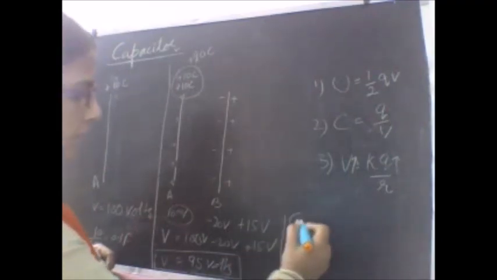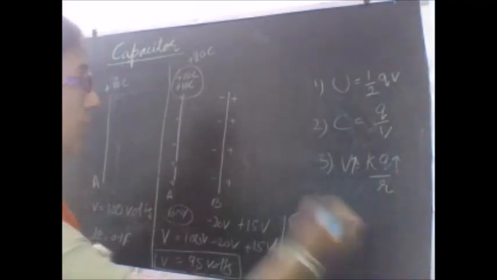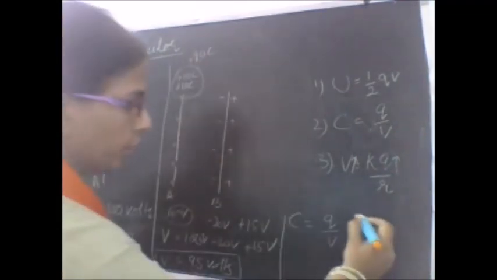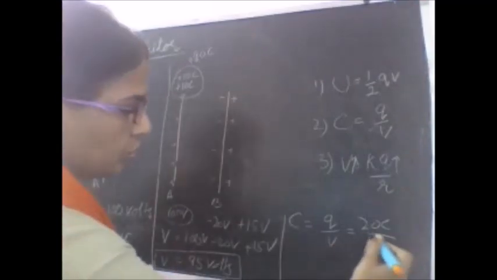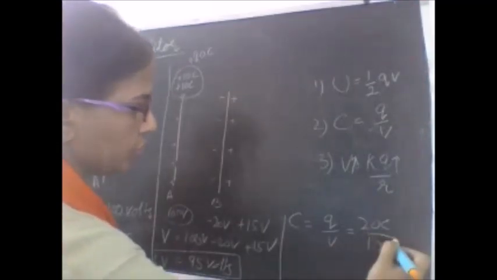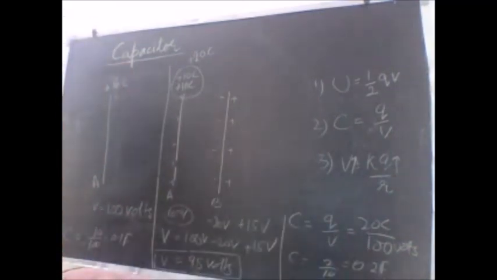Here in this case, the capacitance becomes C is equal to Q by V. And what is the charge now? The charge I am giving to this is now 20 coulomb, and the potential I am keeping the same, 100 volt. So the value comes out to be 0.2 farad. Just compare the values.